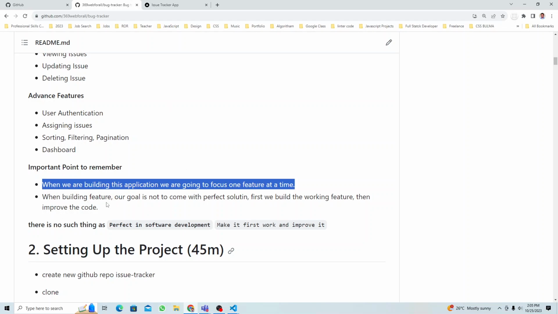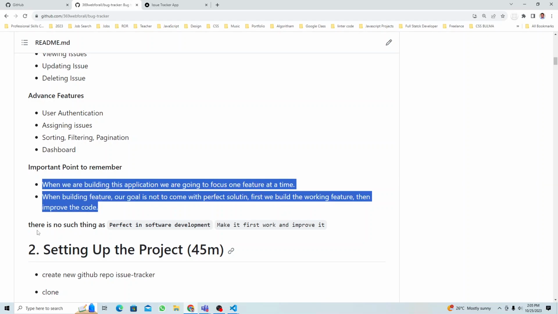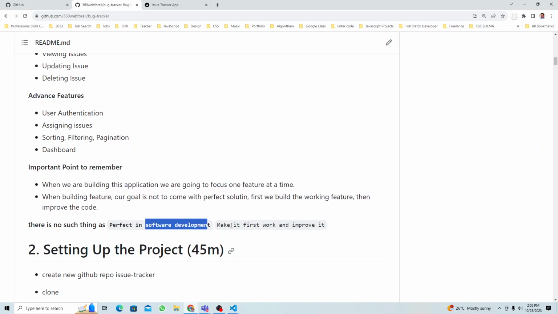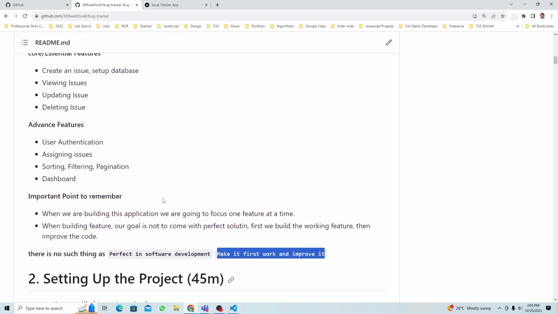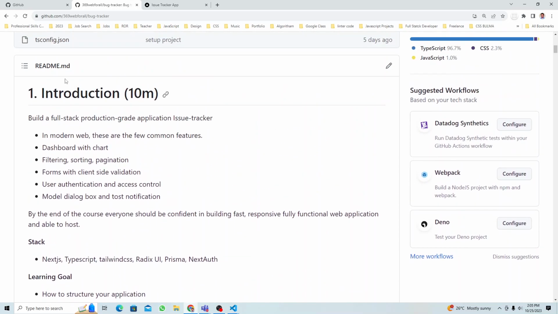Okay. When building features, our goal is not to come up with a perfect solution. First we build the working feature, then improve the code. There is a saying, right, there is no such thing as perfect in software development. Make it work and improve it. So just make it work first and then improve it. So that was the 10-minute reading. You can read maybe 2 times, 3 times,